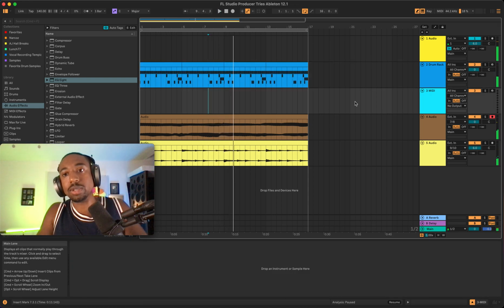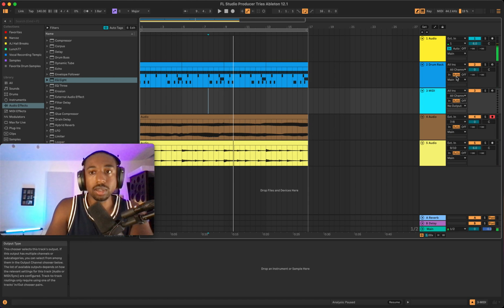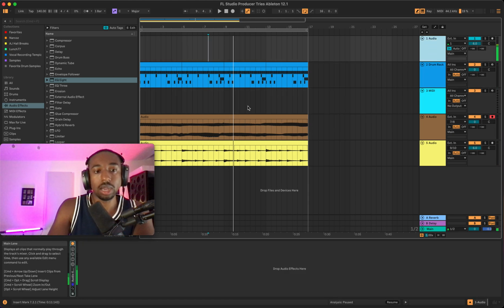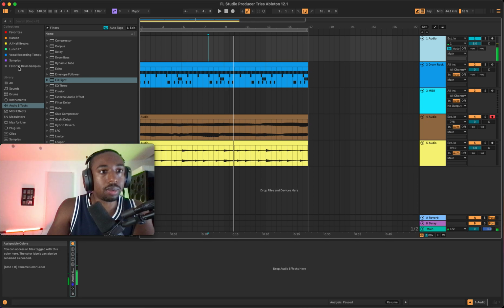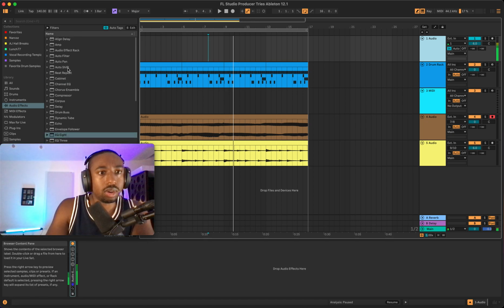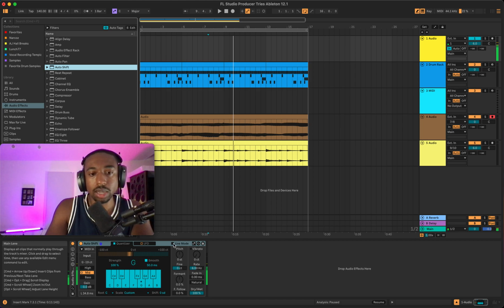We spent a lot of time just trying to figure out that step sequencer, and it looks like it's a dud, at least for how I would use it. So now we're going to use the vocal. Where is it at? Audio. I mean, what's it called here? Auto shift. So I don't even know what key we're in. I guess D minor.